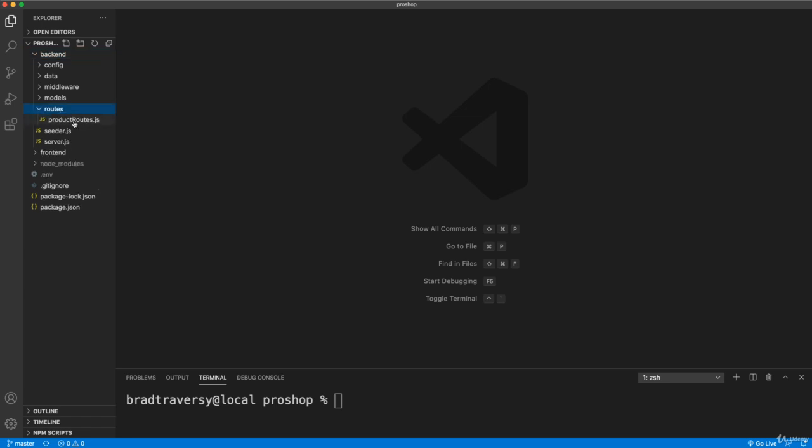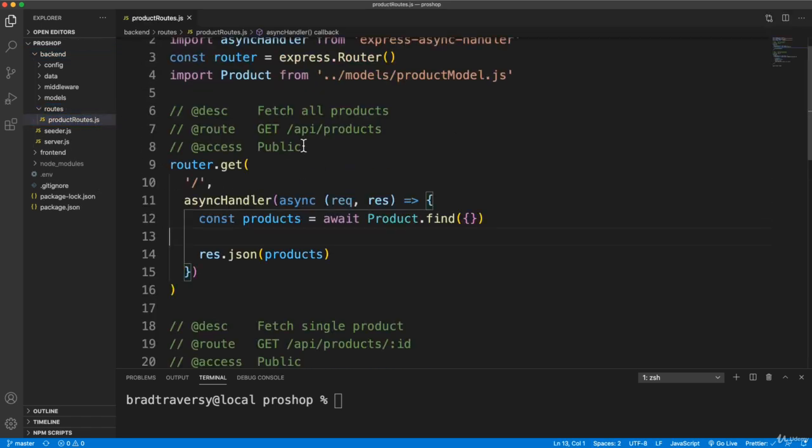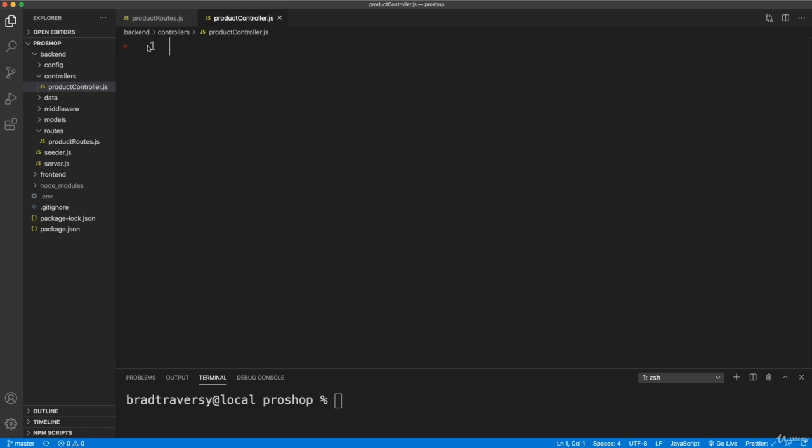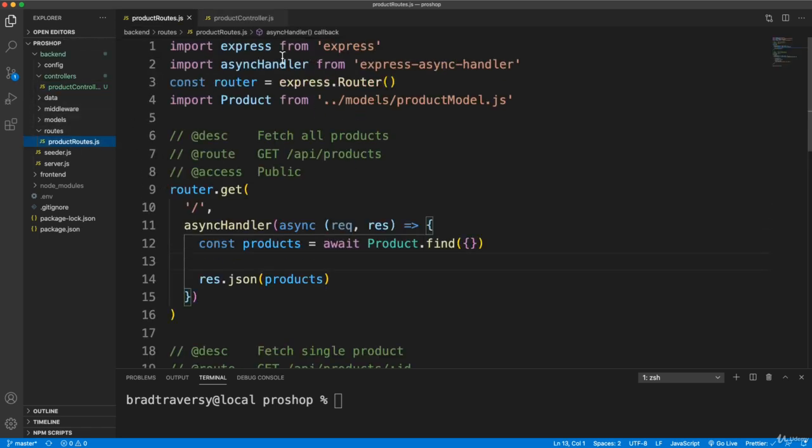because right now we have this productRoutes.js file, and we're putting all the functionality directly in this route file. And I don't want to do that. I want to have controllers that handle the functionality. Routes should just point to controller methods. So let's create in the back end a new folder called controllers, and let's create a file here called productController.js. And what I'm going to do is from the product routes, so we're going to need async express handler,